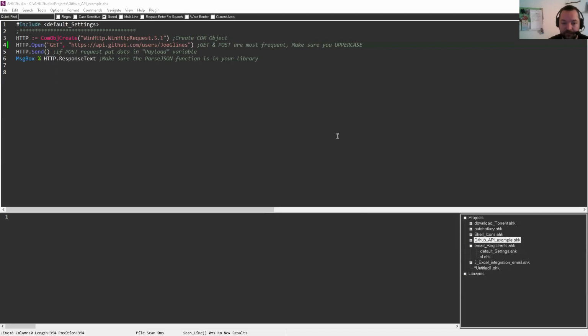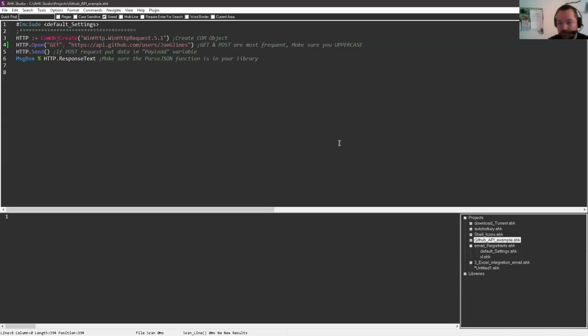If it's a normal web page, it will return the web page response text, and in this case it would be JSON. That's a way of doing it with less control, but even fewer lines of code.